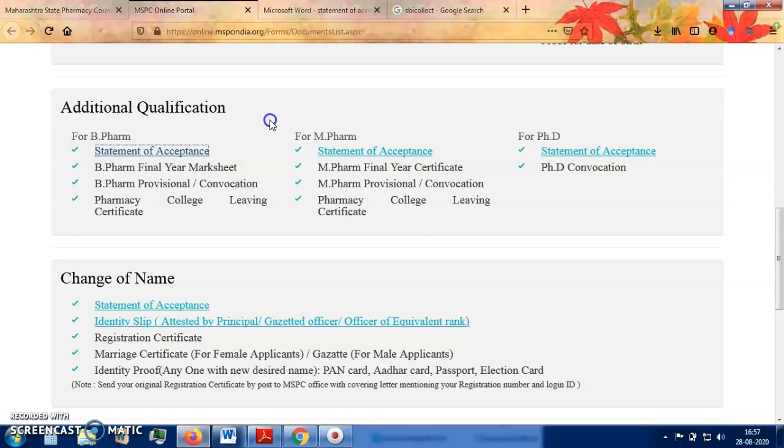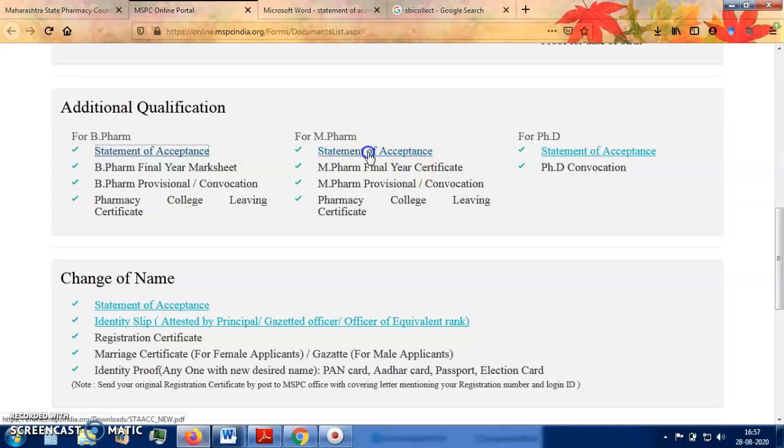So for M.Pharm, you will have to upload statement of acceptance, M.Pharm final year certificate, M.Pharm provisional or convocation certificate, and pharmacy college leaving certificate. So these are the 4 documents which you have to add for the M.Pharm. For B.Pharm, the list is given here, and for PhD only statement of acceptance and PhD convocation is required.